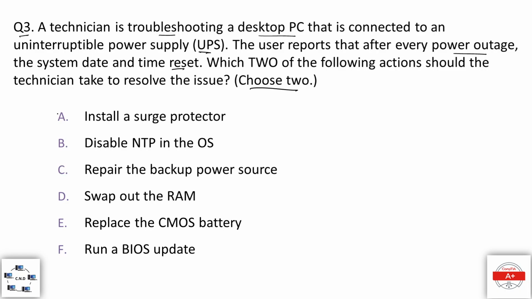The options are: option A, install a surge protector. Option B, disable NTP, that is Network Time Protocol, in the operating system. Option C, repair the backup power source. Option D, swap out the RAM. Option E, replace the CMOS battery. And option F, run a BIOS update. And the correct options are